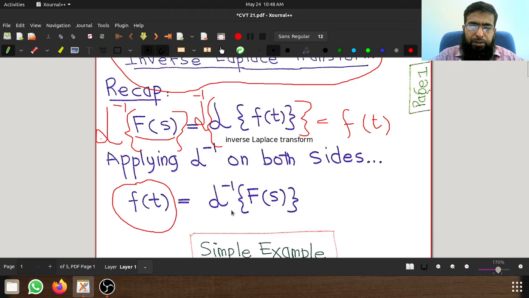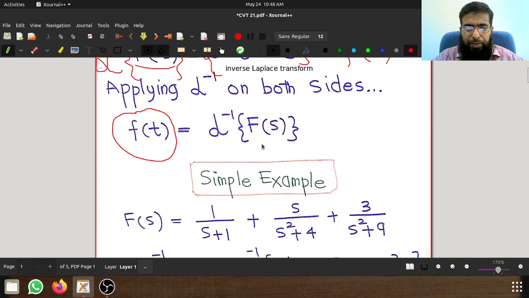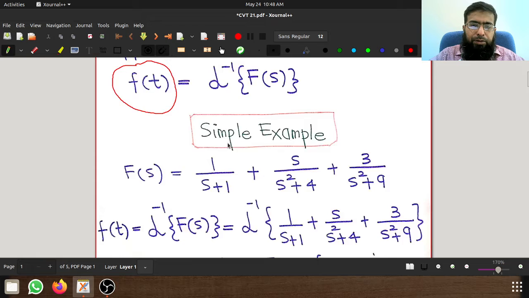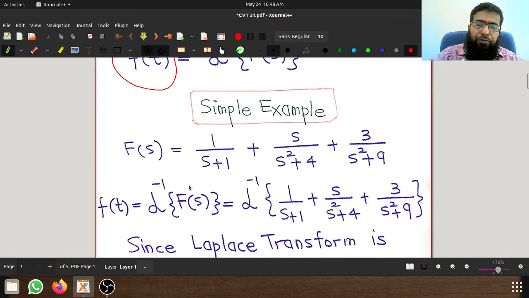So f of t is Laplace inverse of F of s, the s domain signal, the signal in the Laplace domain. Right. So having studied this, let's solve a very simple example where we are given these three